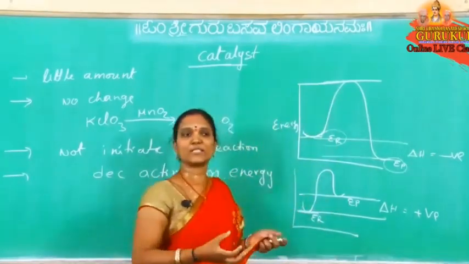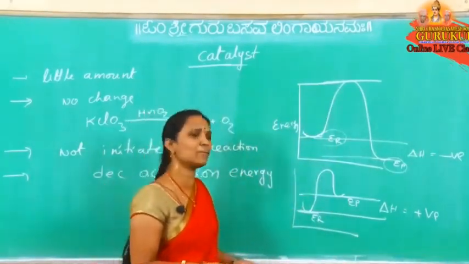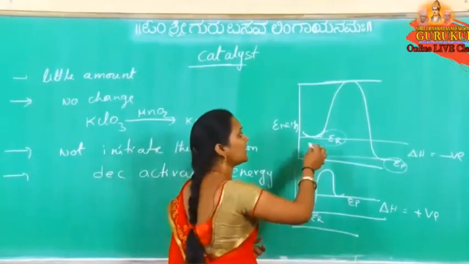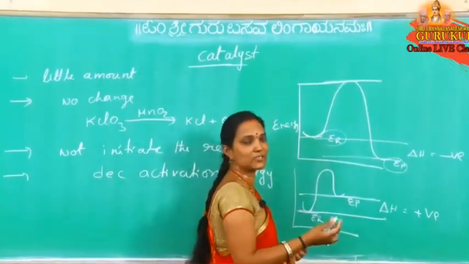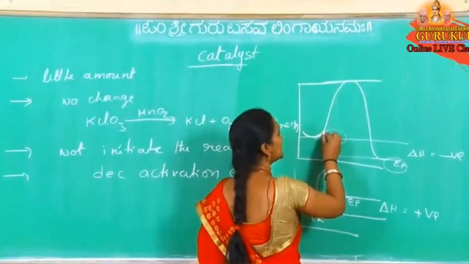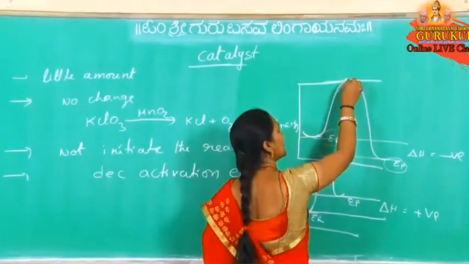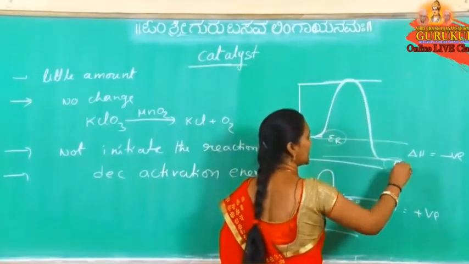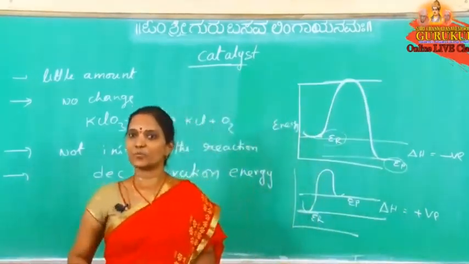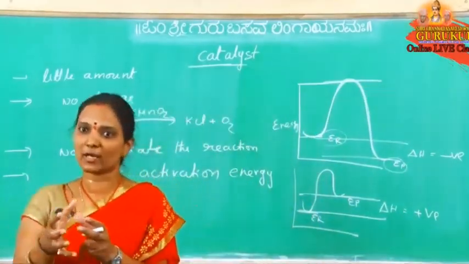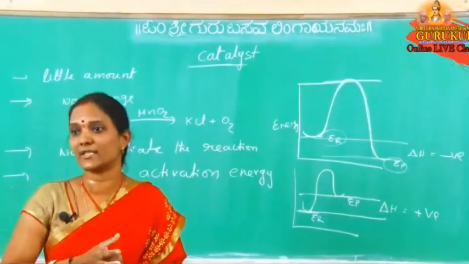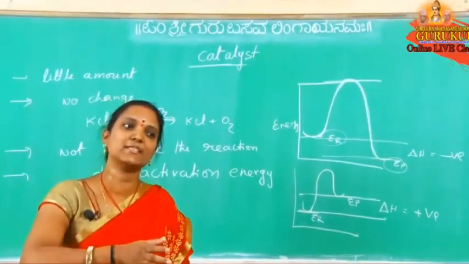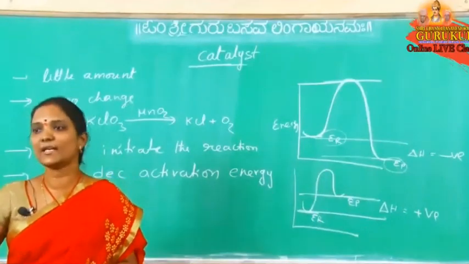Now during collisions, energy transfers. If it is an endothermic reaction, anyhow we are heating. Energy gaining and losing takes place, so some molecules gain energy. The molecules which gain energy reach this energy barrier, and only they change to products. All reactants do not change to products. These reactants collide with each other, and during these collisions energy transfers from one molecule to another.